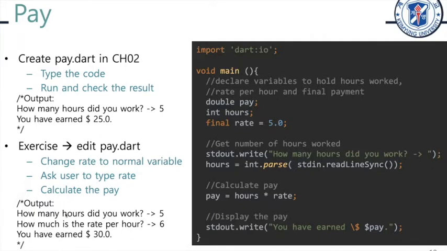So this is what it will look like when you modify your program. It will say, how many hours did you work for? You say 5, and then how much is the rate per hour? 6, and then the total pay will be 30. Basically, you can use every piece of information given in this code to do this exercise, as I have already shown you